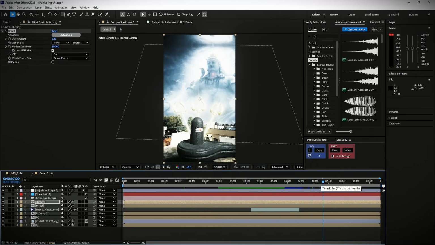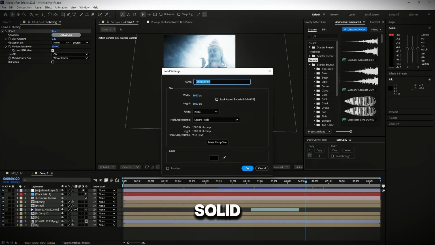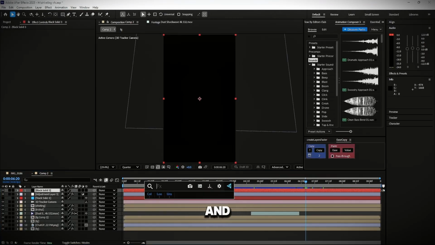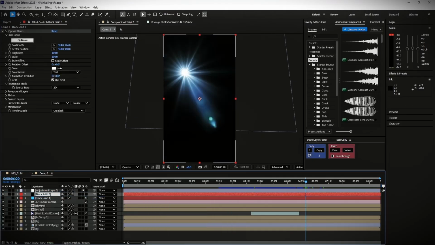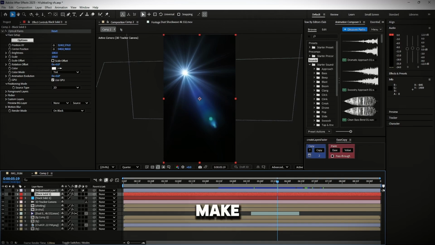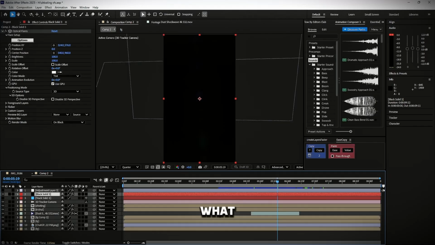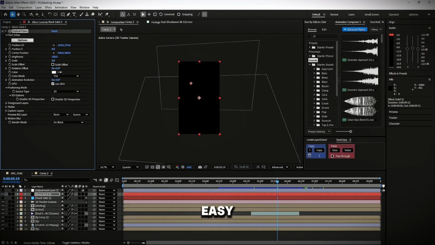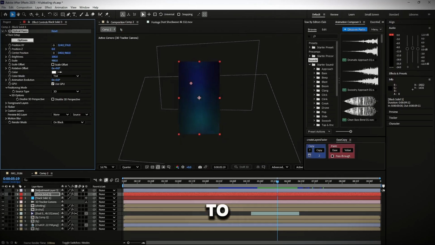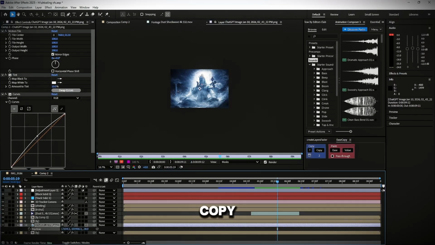Something is missing. You can add a lens flare, an optical flare effect, if you want. I'll tell you. Take a solid layer and add Optical Flares. I'll add the coloring for now. Make it 3D. Okay. Now what we need to do? Increase the scale. Get the light, and we need to copy the position of this. Copy